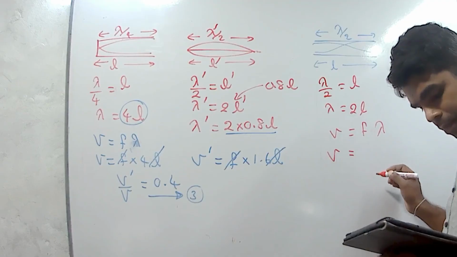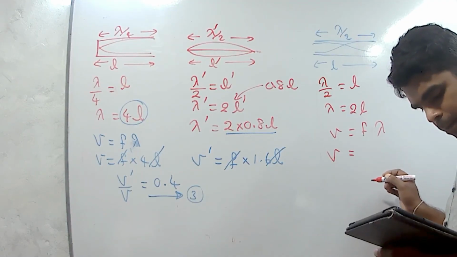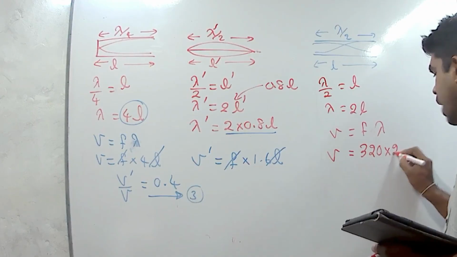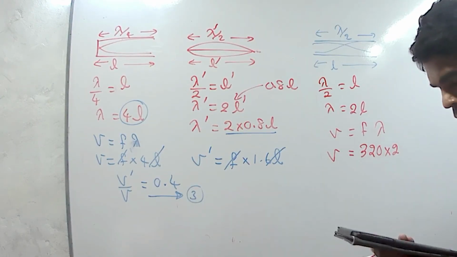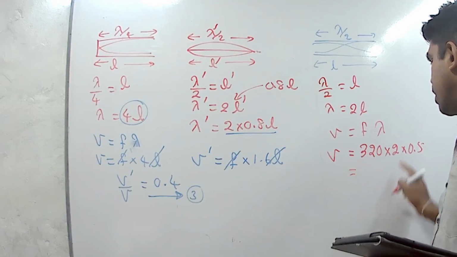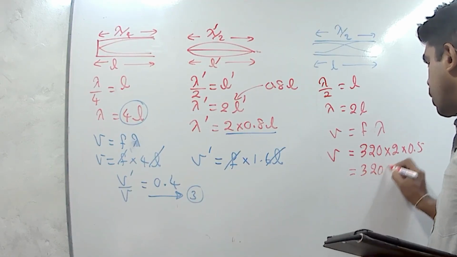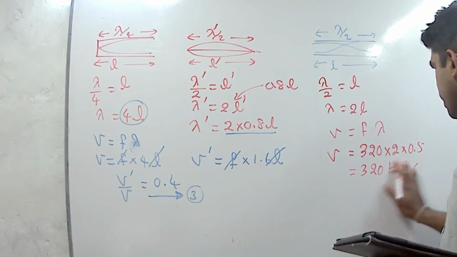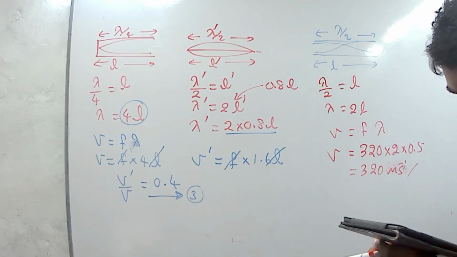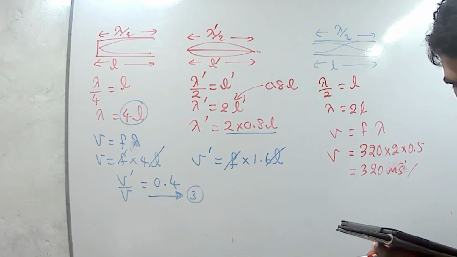Frequency is 320, 2 times the L value, which is 50 centimeters, it means 0.5 meters. Then we can simplify it: 320 meters per second is the velocity of sound. Then the answer is